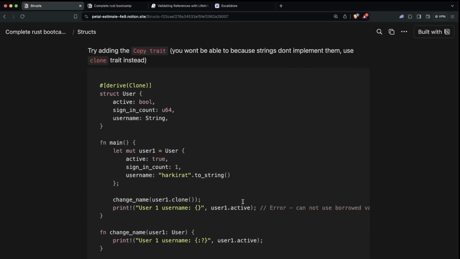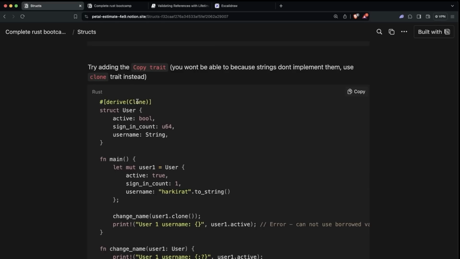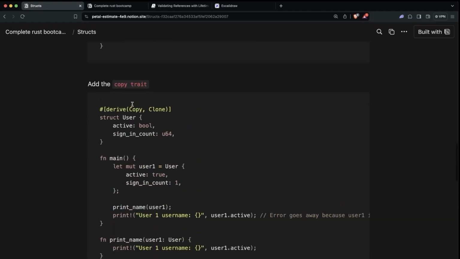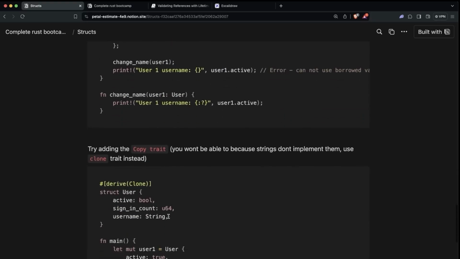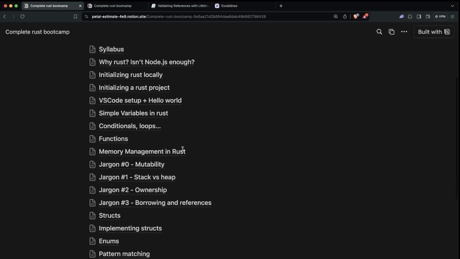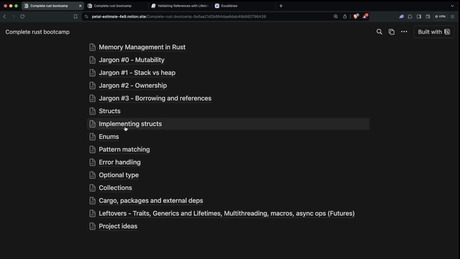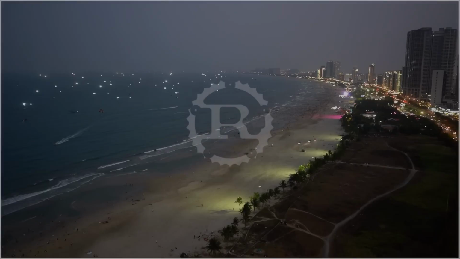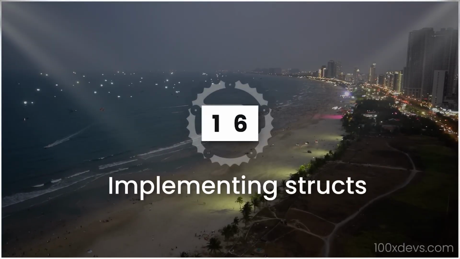But if you want to read through them, I would urge you to, and specifically try, like one thing, try to Google or go through the Rust book and understand what is clone and what is copy and how are they different, and why is this applicable to things that are stored on the stack, and why is this applicable to things that are stored on the heap, which is like strings. With that, let's move over to, I think the next thing is enums, implementing structs first, which sort of make